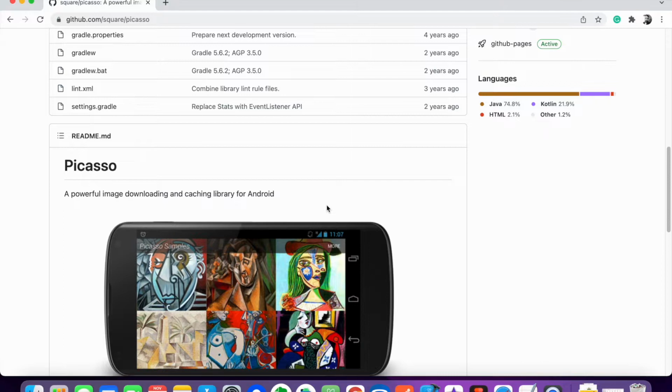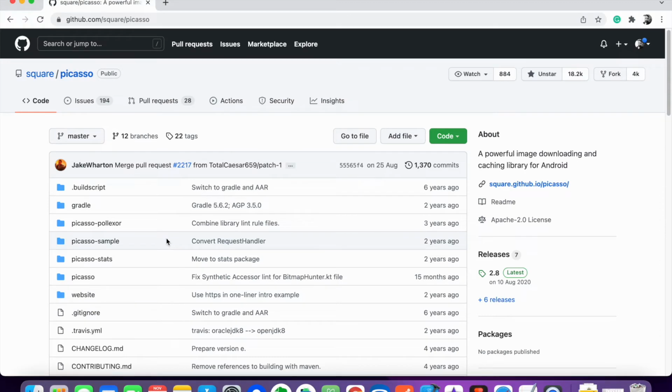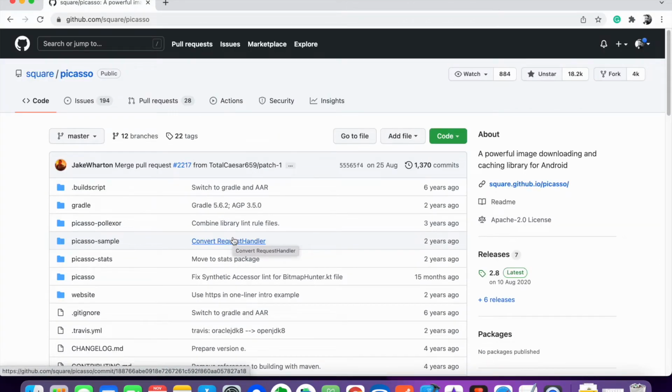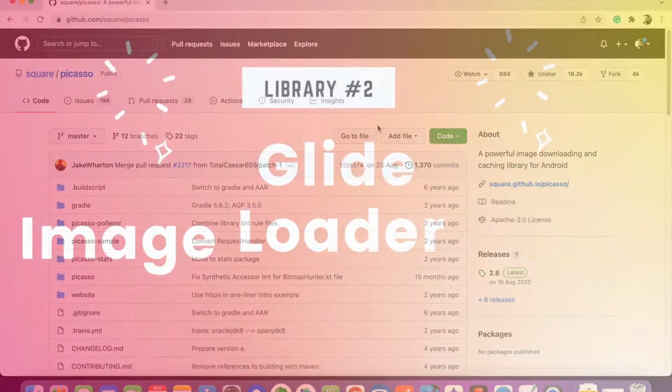There are a few cons as well. It does not support animated GIF, and I also felt that it was loading a little slow when I tried to download big images in my recycler view. So that was one thing that I noticed. This library has been created by Square. This is one of the image loading libraries you can consider as per your requirement, but overall, this is a perfect image loading library.